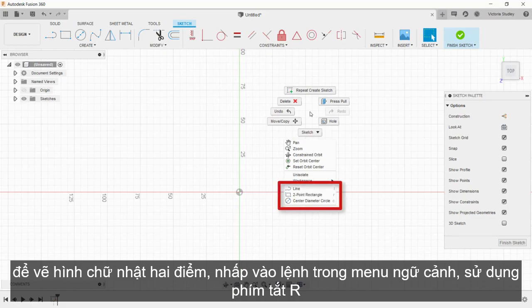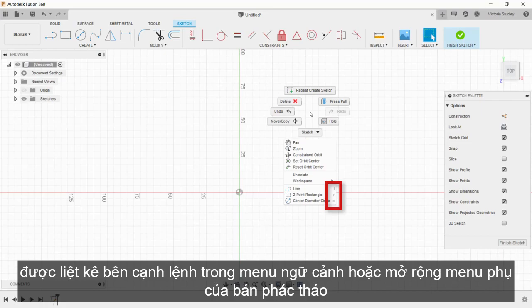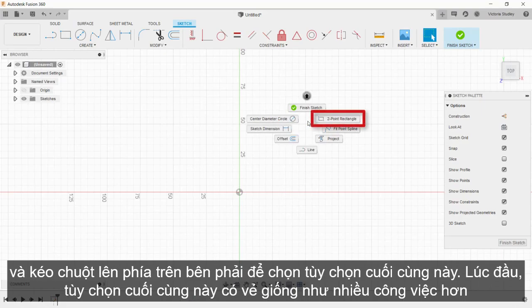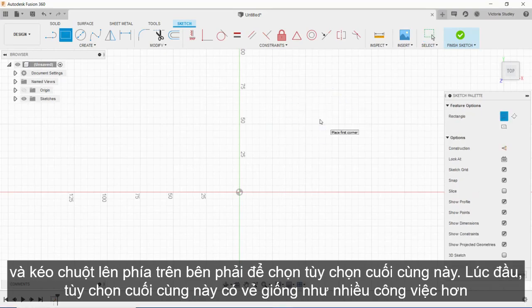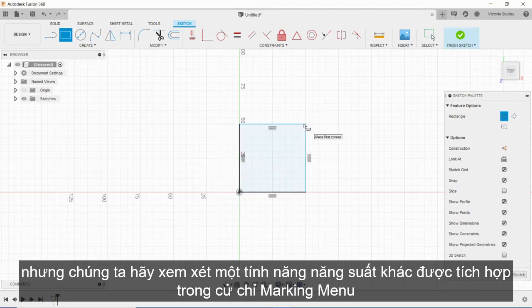Click the command in the context menu. Use the keyboard shortcut R, which is listed next to the command in the context menu. Or expand the Sketch second level radial menu and drag the mouse to the upper right to select it. This last option may seem like more work at first, but let's look at one more productivity feature built into